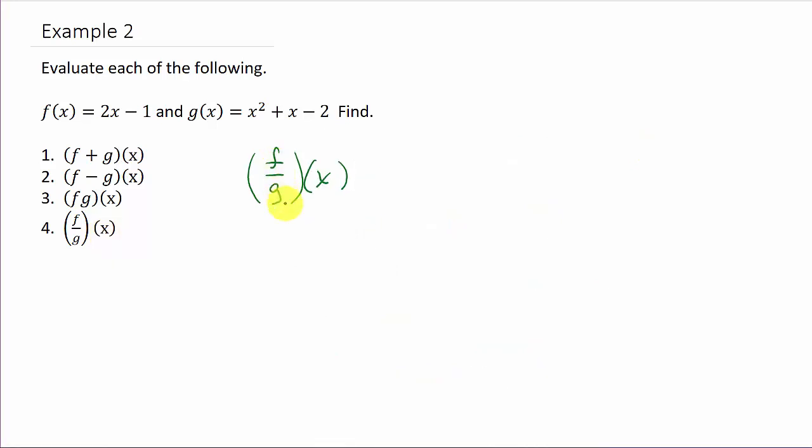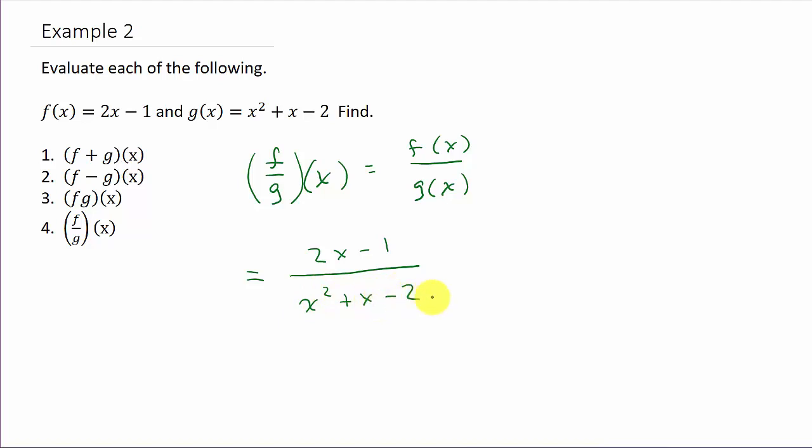Alright, so division, f over g of x, well, let's write it out. All that is f of x over g of x. And so I've got f of x, which is 2x minus 1, over g of x, which is x squared plus x minus 2. Okay. Now, I know this isn't going to simplify anymore, but just to show you,